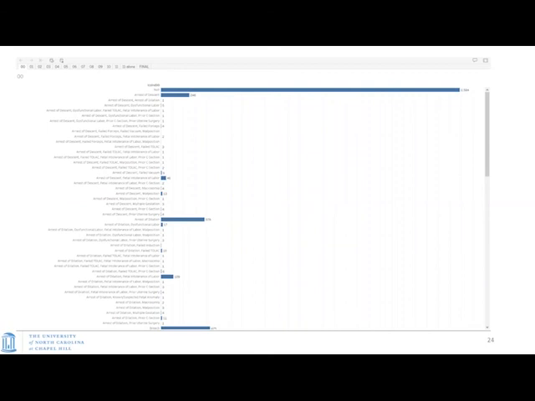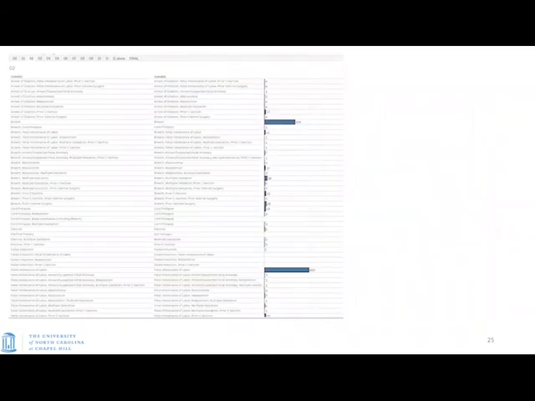Here I'm showing you the second rule, which is actually cord prolapse. In the middle, the left side is showing the C-section indication categories before applying the rule, and on the right, you can see after applying the rule.